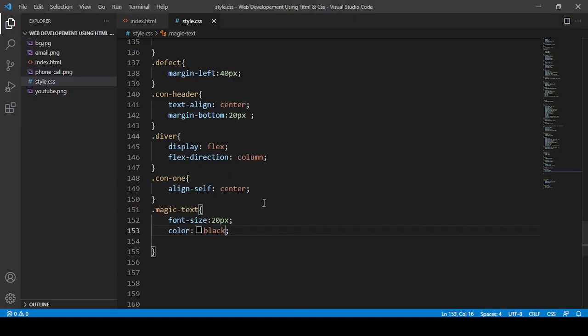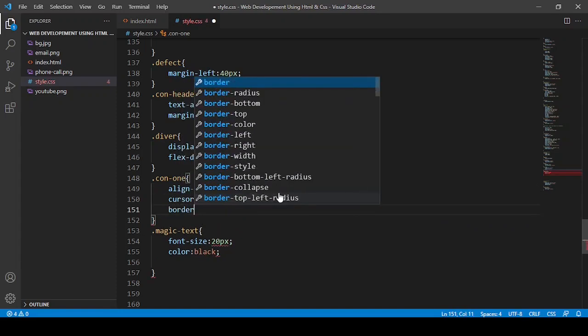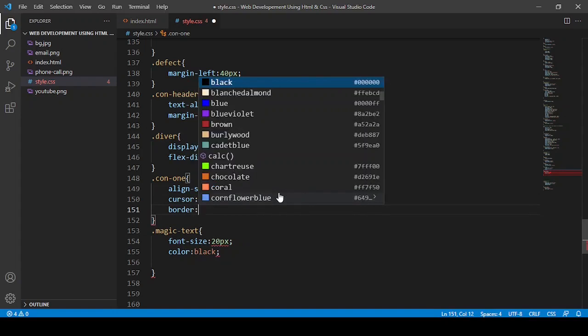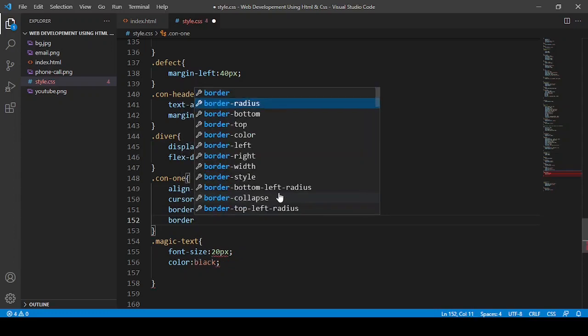So first of all in this one, where is this phone one, I'm going to say cursor pointer, border 2px solid black, and border radius.